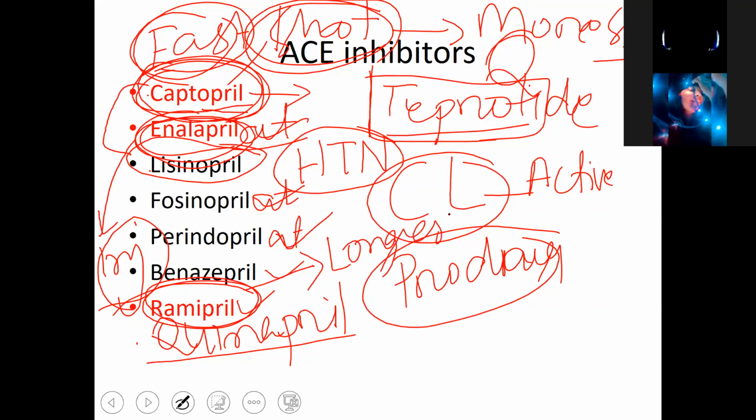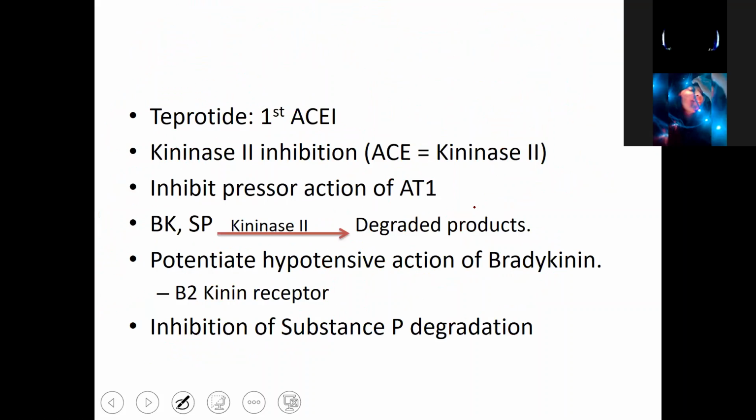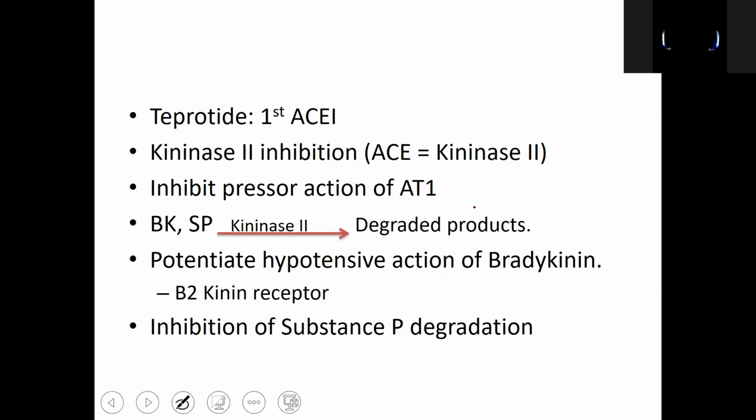So we have some of the questions here. We solved them. Captopril is the active drug, so also lisinopril. Because they are active drugs, they are faster acting and shorter acting. Captopril is the fastest and shortest, and for that reason it has more side effects. Ramipril is the longest acting, and enalapril can be given by injection, so it can be used for emergency treatment of hypertension. And when a prodrug is converted to the active form, one suffix is added, that is "at", as in prilat.